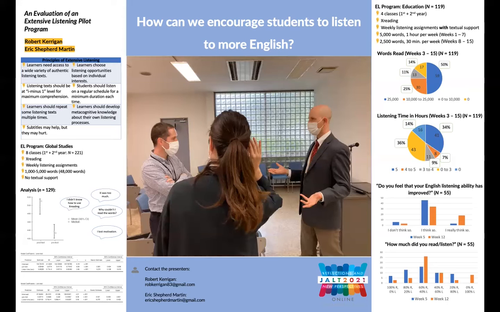So we decided to do a number of exploratory hierarchical linear regression models. The first model included the post-test CASEC score as the dependent variable. We entered the pre-test as a covariate, and then we entered listening time in seconds and the amount of words read as explanatory variables. Words read was not significant, so that was removed. However, listening time was significant. This model accounted for about 49% of the variance, and listening time accounted for 6% of that variance. So not much, but it was significant.